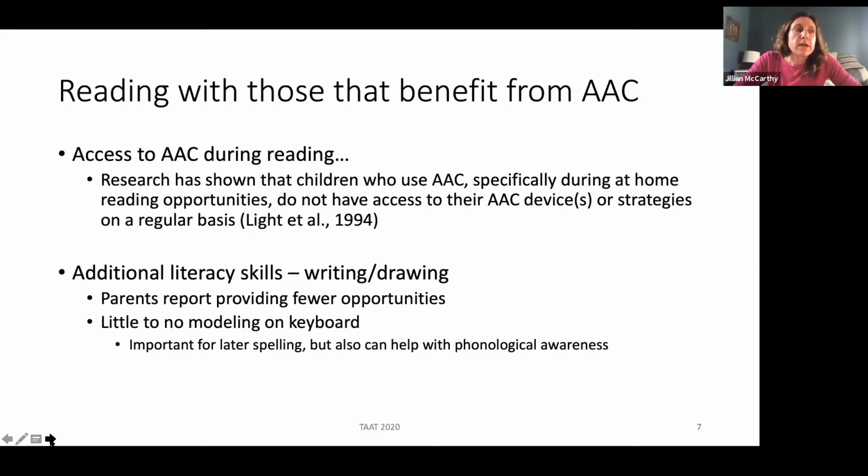So oftentimes it's put away, or it's charging, or it's not out, and yet reading is really this great language opportunity. It's this really great opportunity for us to work on vocabulary and to work on syntax. And yet, if we don't have the AAC device out, it's really difficult for that child to start building that expressive language. The other thing that we know from the literature, and this sort of goes across, is that kids